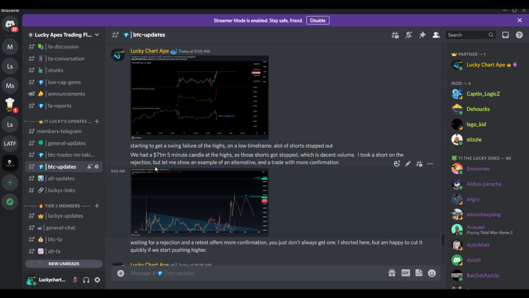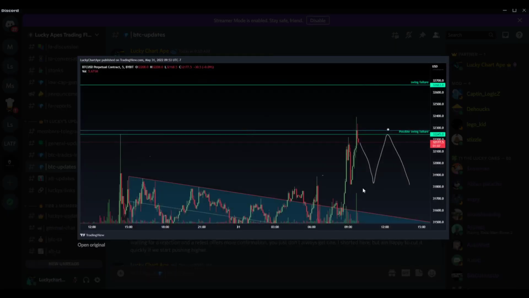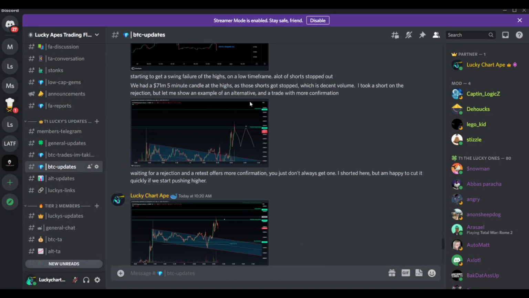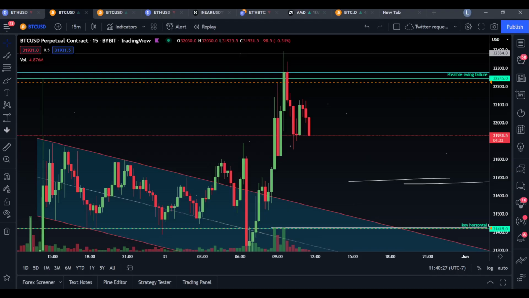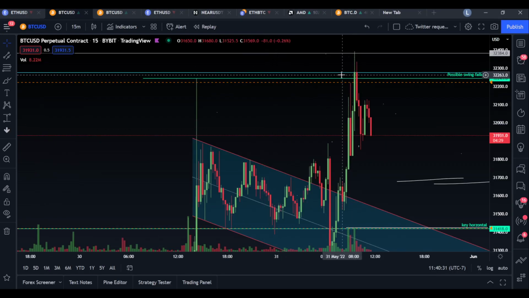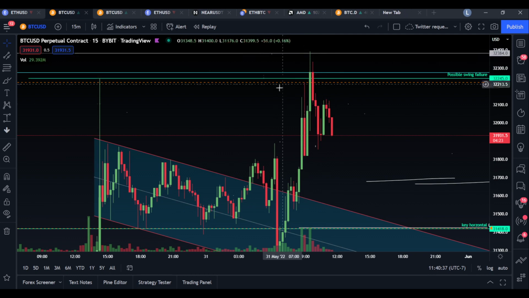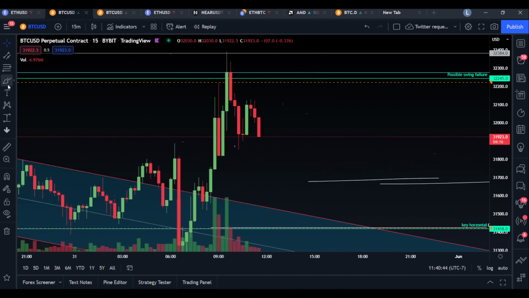I took a short on the rejection, but let me show an example of an alternative and a trade with more confirmation. So I was just showing you could wait for a rejection and then a retest of the level. We're going to get back to the live chart anyways, so I'll go over that. I took the short based on all these shorts getting stopped out. Ideally, you're looking for the potential of big traders filling longs using early shorts as liquidity. So that's what I was waiting for. I took that short here, and we get this rejection. And what I pointed out is that,